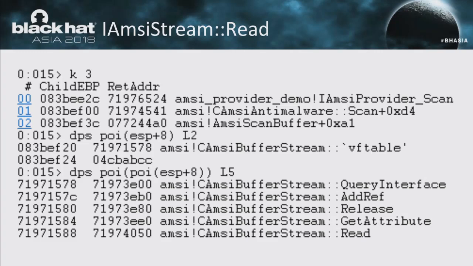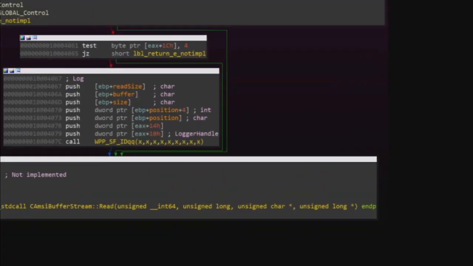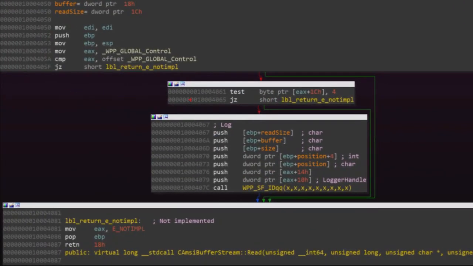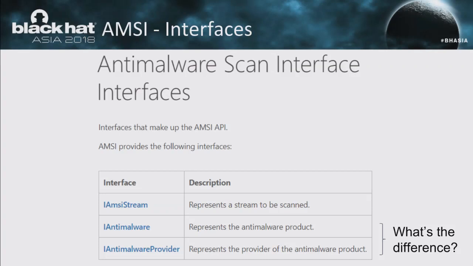So I took a look with my debugger and I found the address of the function that I'm calling, the read function, which is of a class AMSI buffer stream. And if we take a look at this function, we can see that not much is going on here. There's a logging that takes place, and then we return error not implemented. So this is a nice little concept. It's a documented function. It doesn't exist. It's not implemented. But there are ways around this.